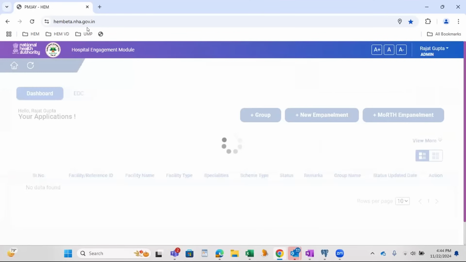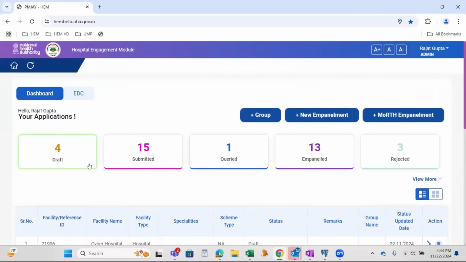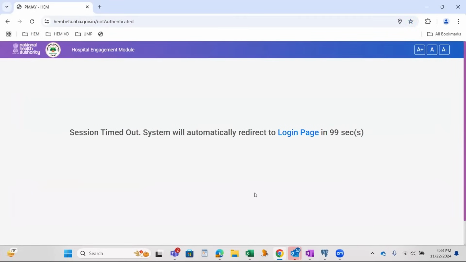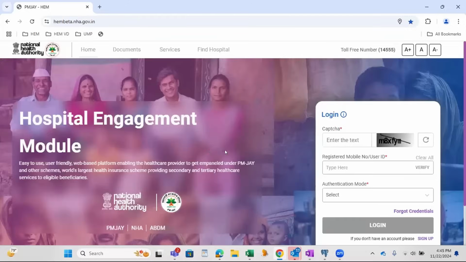So there is record is in draft. Just now I have saved on data. That is the one. Rajat, it is showing session timeout. Can you please share your screen? I will explain meanwhile. I don't know why it is happening. Wait. Now I need to log out. Actually, it's login. And you can log in now again.